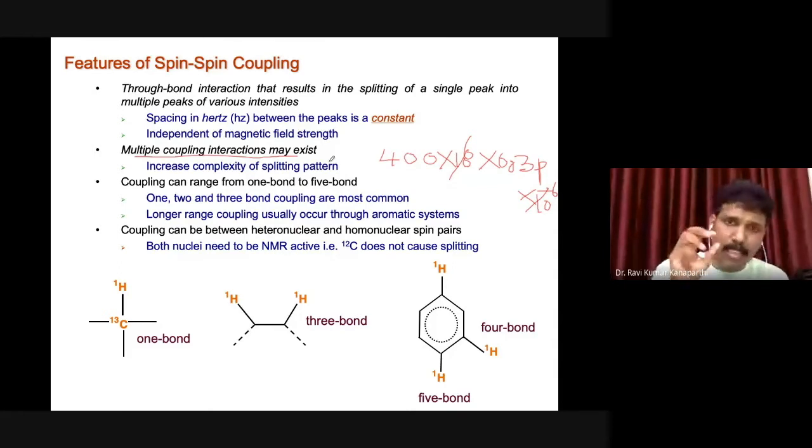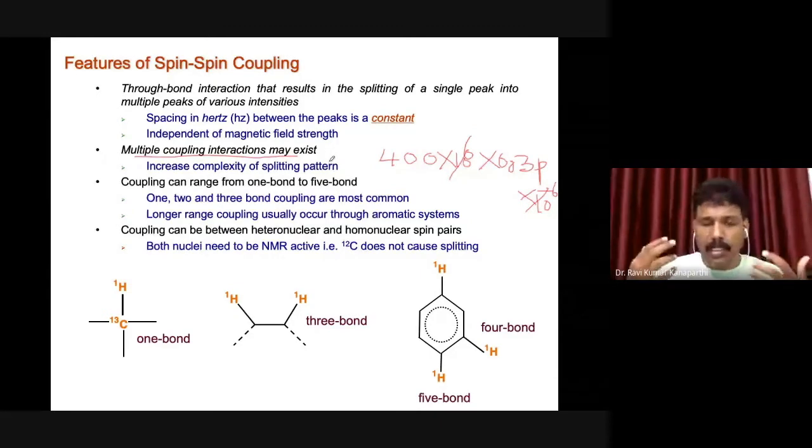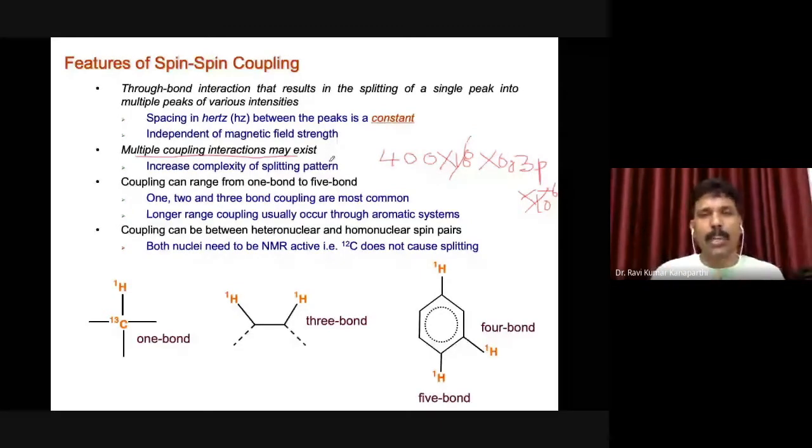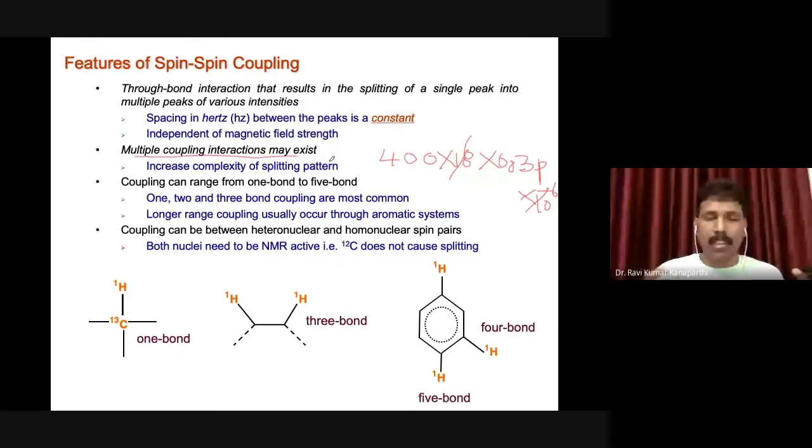That's a complex cluster of peaks, which you cannot say is a multiplet, or a quartet, or a quintet, or a sextet, or none. So that's the problem: as the number of neighboring coupling nuclei increases, accordingly the complexity of the splitting pattern increases, and in such a situation we don't really call it a quartet or quintet or anything. Instead, we call it a multiplet.